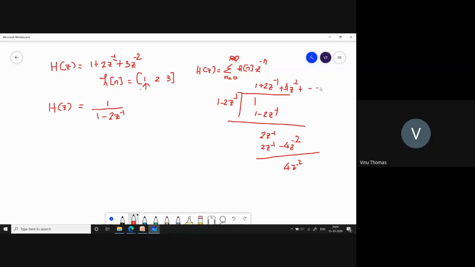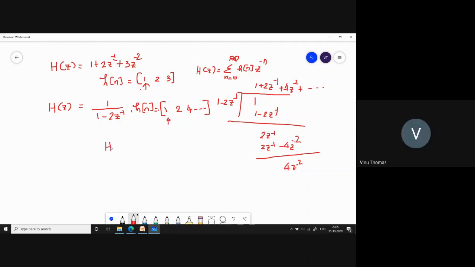So likewise it goes. Now if you compare with this equation, for this case h(n) would be equal to, what would be h(n)? 1, 2, 4, etc. like this. So now Kyriakos, again, is it an FIR filter or an IIR filter? What do you have here? IIR. An IIR filter. So this we had discussed in the previous class.